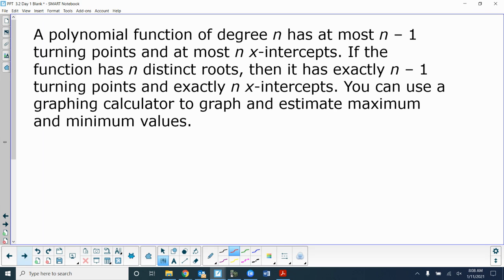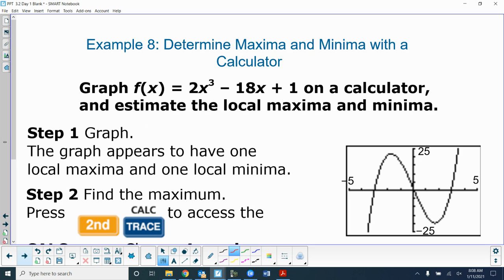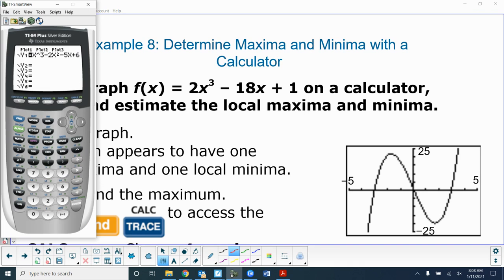You can use graphing to estimate maximum values. Okay, so if I put this in my calculator, go to my y equals, and hit 2x cubed minus 18x plus 1, and graph it. All right, they made it fit. If I hit zoom 0, let's see if it fits. See, I don't like that. Let's go back to zoom 6